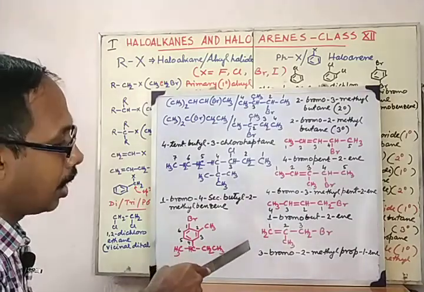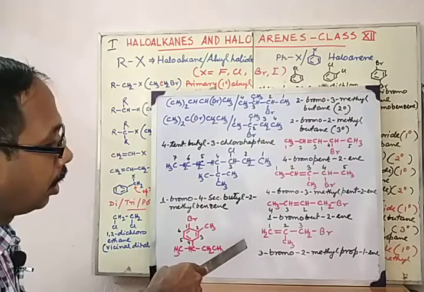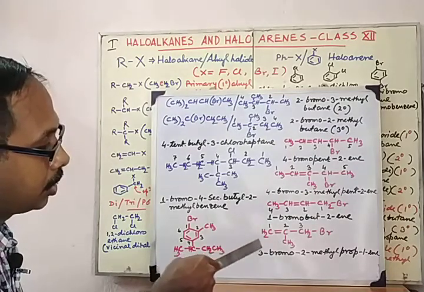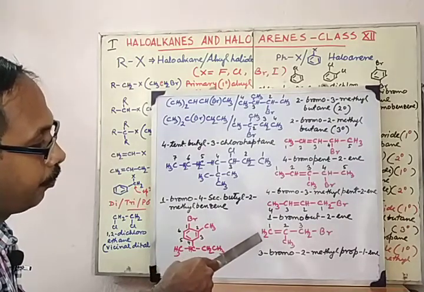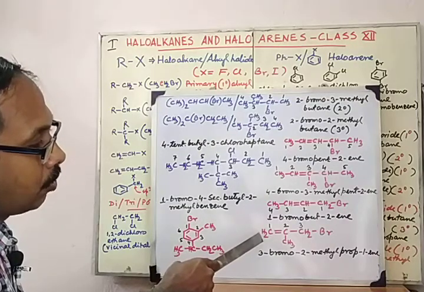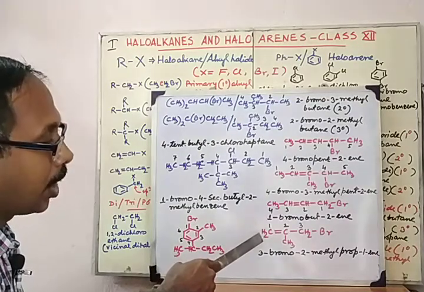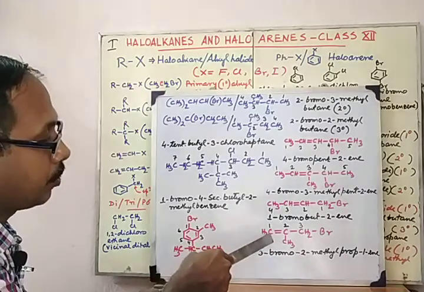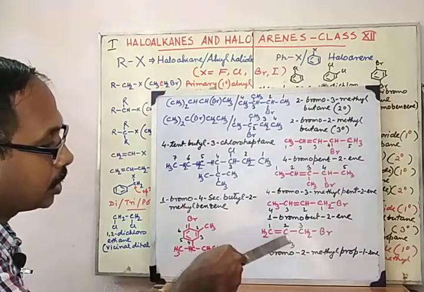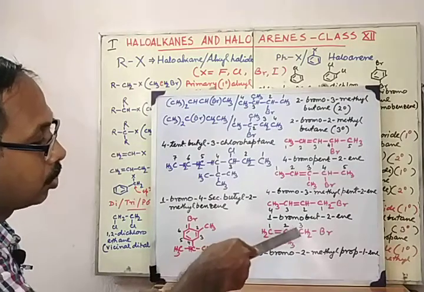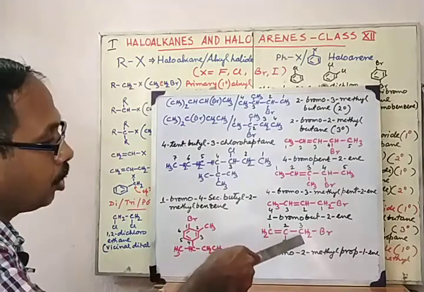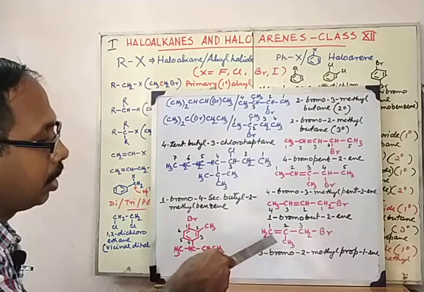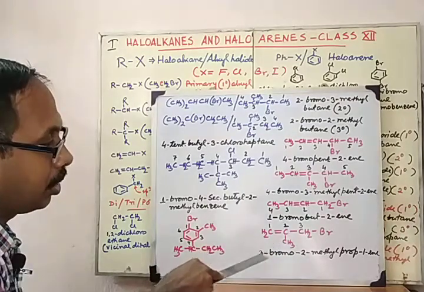And the last one in this video that the structure is given is that we can follow here the counting is done from the left side. Why? Because the unsaturation is coming at the number 1 position from this side. If we count from this side, it will come at the 2nd position. So the name is coming as 3-bromo 2-methyl prop-1-yne.